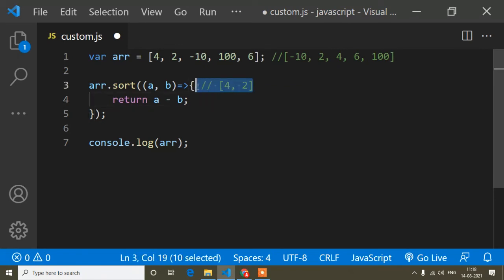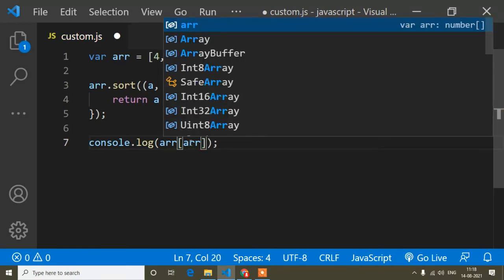After returning the compare function, I am getting the output like this, with the maximum value last. So now our main thing is how I can get the maximum value. Here is this array and ARR dot length.